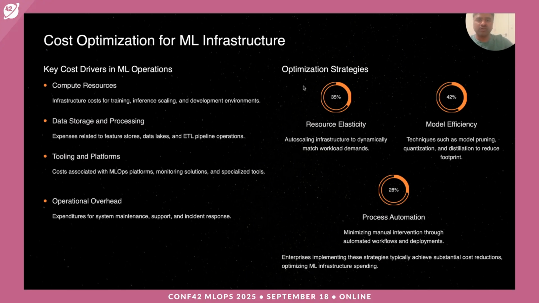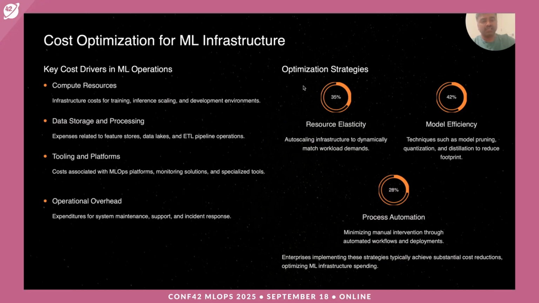A few things I want to touch upon in terms of operational strategies: resources, auto scaling. I think a lot of cloud providers provide this out of the box. We should be able to auto scale the infrastructure to dynamically match our workload demands. As requests grow, we can have those automatic knobs in place so that we can get that auto scaling, right. Model efficiency. These are a few ML concepts that we usually use, like model pruning, quantization, distillation, to reduce the footprint and the size of the models, and also probably get similar or close to similar performance in a way. And the other thing is process automation. Having that complete end-to-end automation is extremely important in terms of our strategies as well.